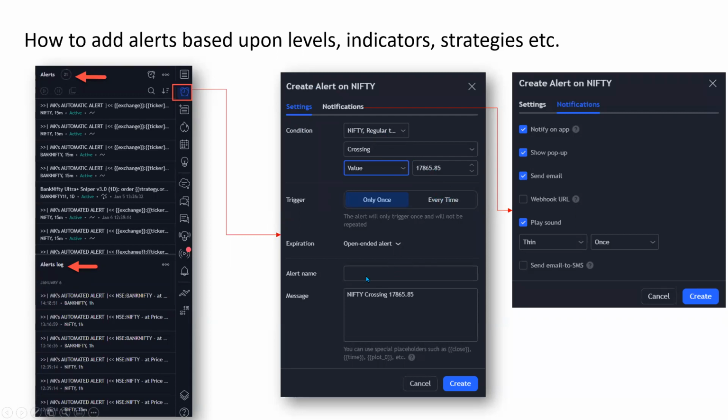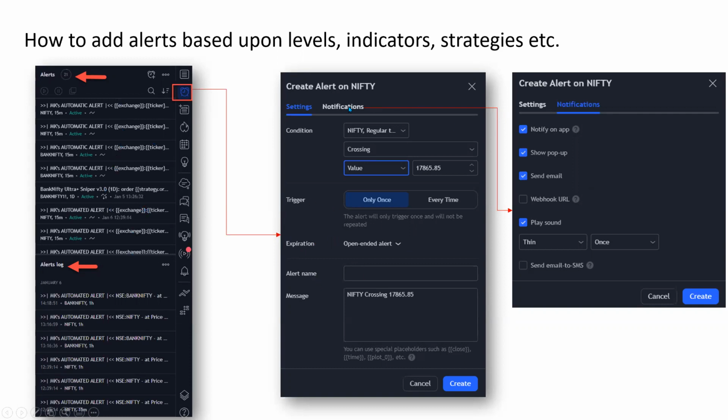You can give the alert name, whatever you want, my alert, and give a message in the box. And for expiration, you can say I want this alert for the next 1 month. In the free version, you can keep it, I think, up to 1 or 2 months. But in the premium or other plans, you can keep an open-ended alert, meaning it will never expire unless you delete the alert from here.